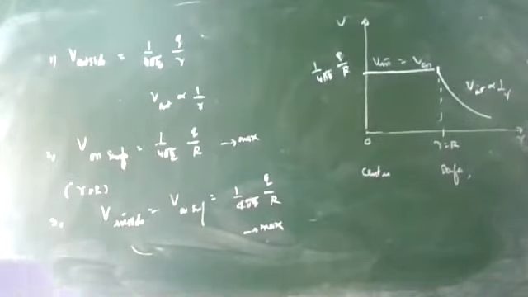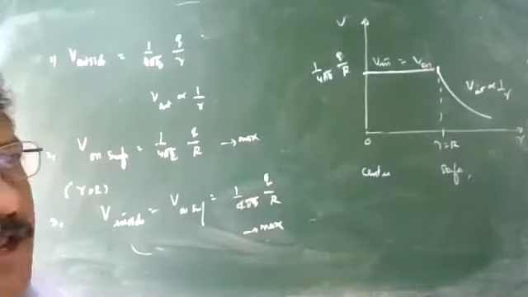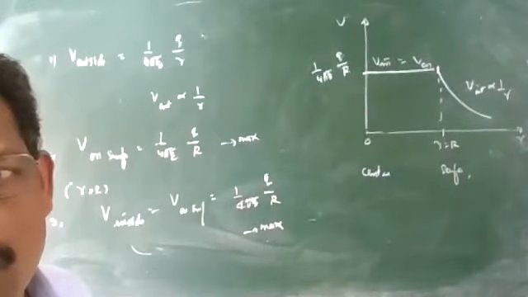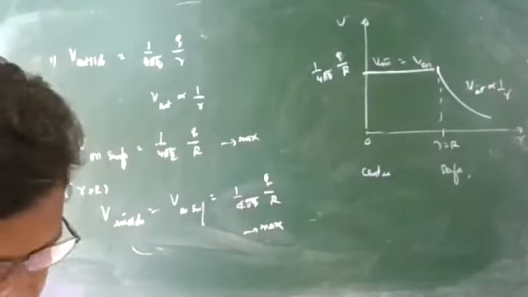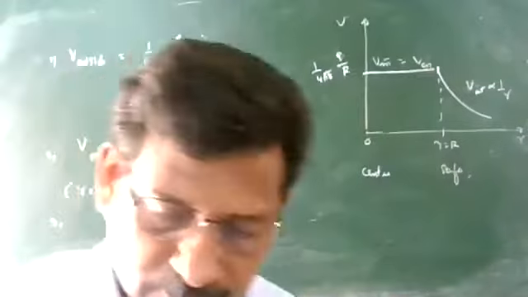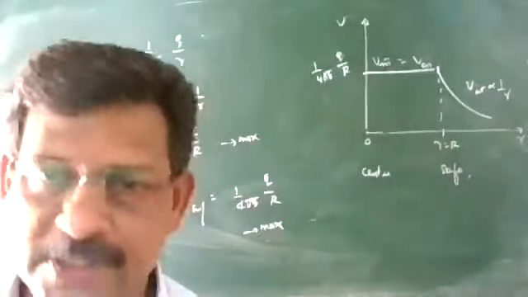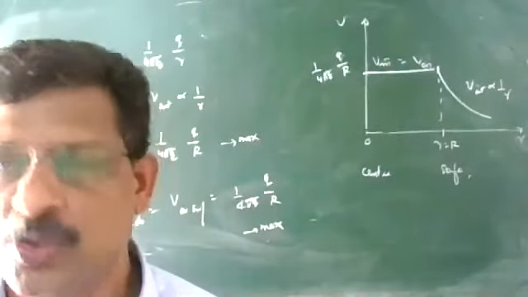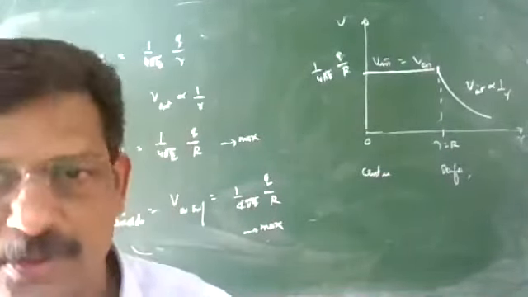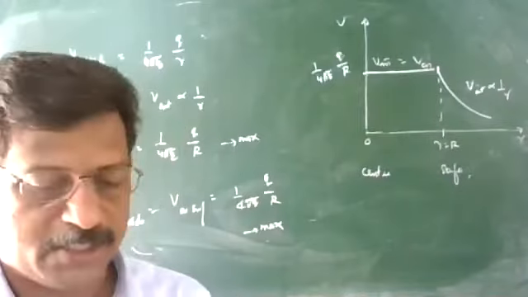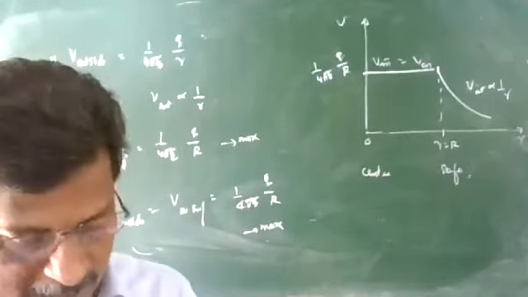The board question was like this. You are given a spherical charge shell of radius 1 centimeter. If the potential on the surface is 2 volt, what will be the potential at the center? Anyone? Same value. Same value means 2 volt at the center, 5 volt at the center. So this is regarding the potential due to a spherical shell.